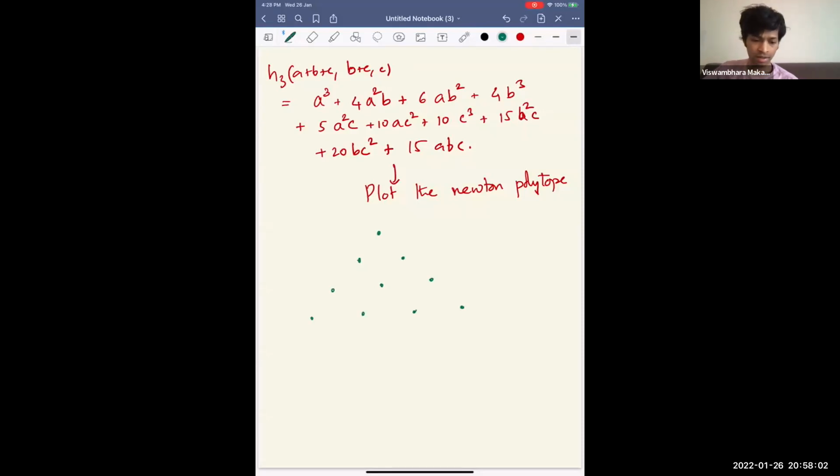And in this triangle, this guy here is going to correspond to A cubed, B cubed, A squared B, AB squared, this is C cubed, and so on. So I'm going to replace the dots with these numbers. So I have 1 here, 4 here, 6 here, 4 here, 5, 15, 15, 20, 10, 10. Okay. And now you have this Newton polytope, and you have the center of the Newton polytope,